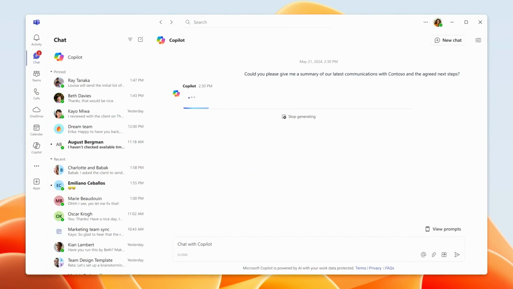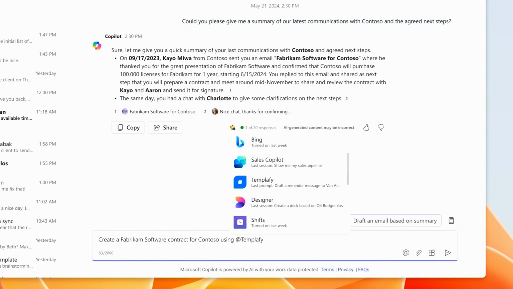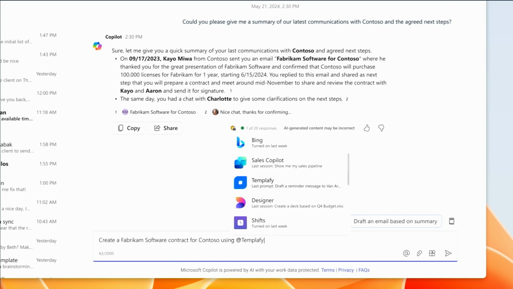So Templafy is another partner we've been working with, and this is a great example of bringing M365 data together with their solution. They've asked for the latest communications for Contoso, and what you would have seen very briefly in the keynote is a new feature of Copilot for Microsoft 365, which allows you to @mention a plugin. Now, the main reason this is beneficial is because you can now really allow Copilot to focus in on just asking Templafy and not the hundreds of plugins or the hundreds of graph-connected information or the M365 data there. And it's feedback we've had since we've been doing these private previews and public previews.